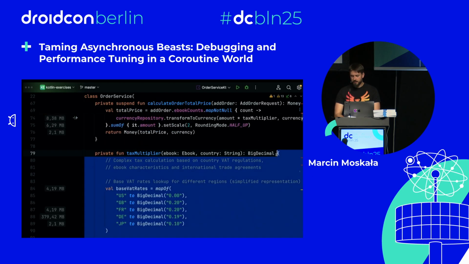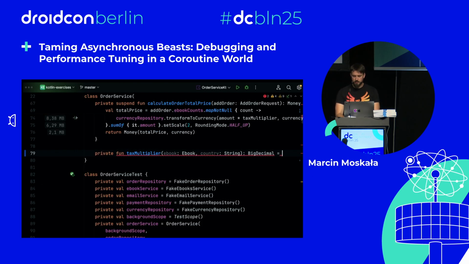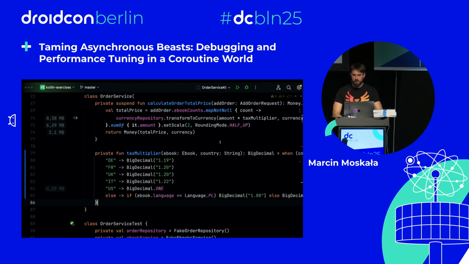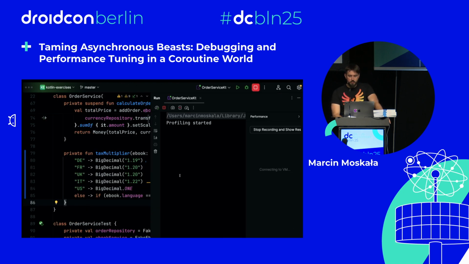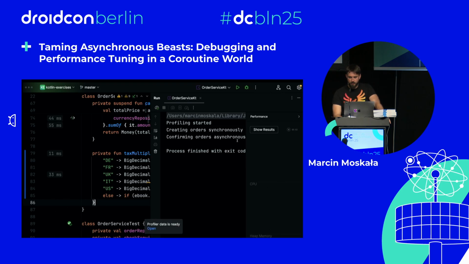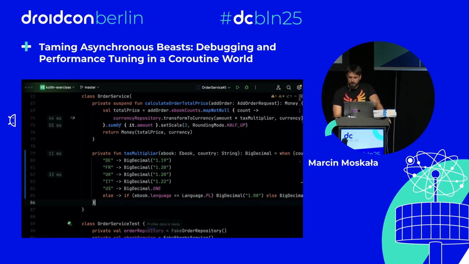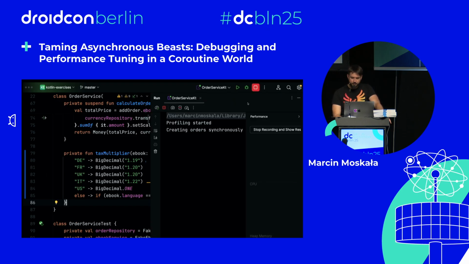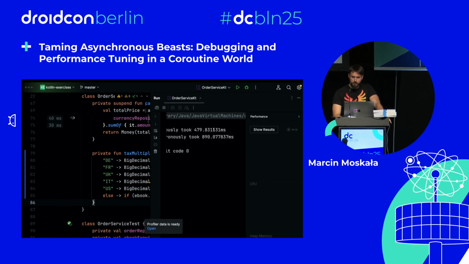Just to show you the difference, let's make some very simple implementation and start our profiler again. You will see that our execution time is much faster. So it took half a second